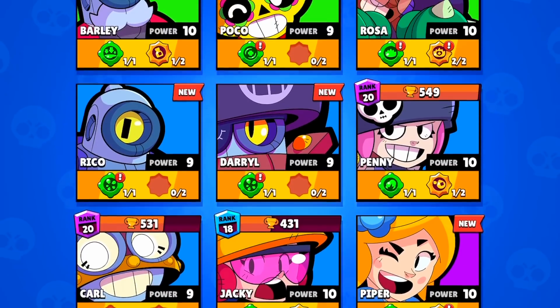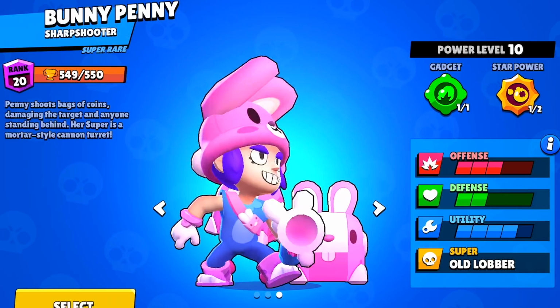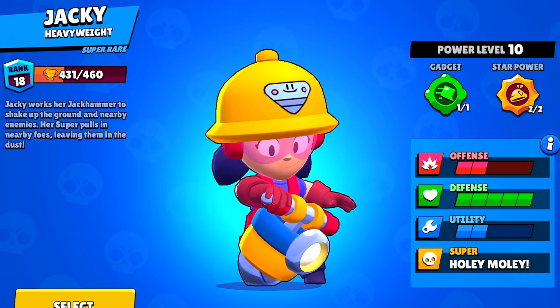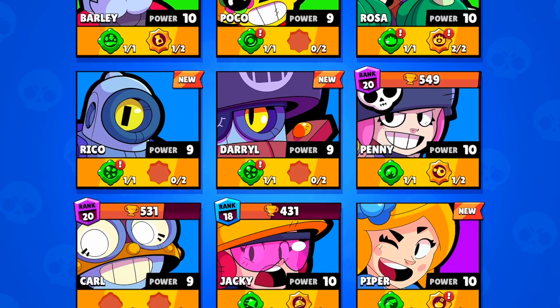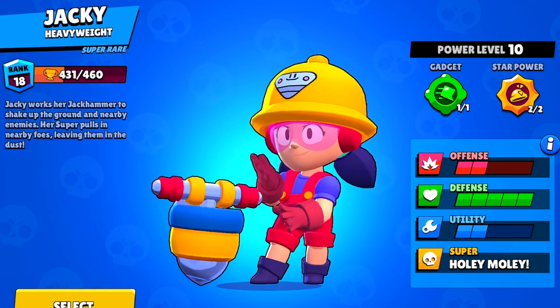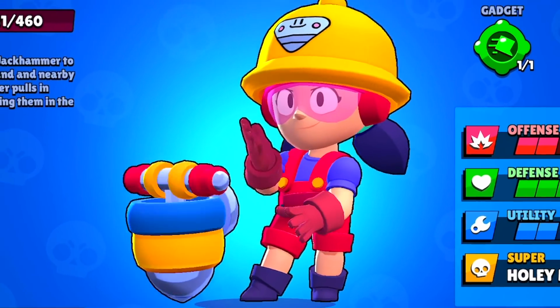This one is pretty obvious because Penny and Jackie is currently the only super rare brawler who is not a robot. And don't even try to have a fight conversation with Jackie because she will... I'll stick a in your...